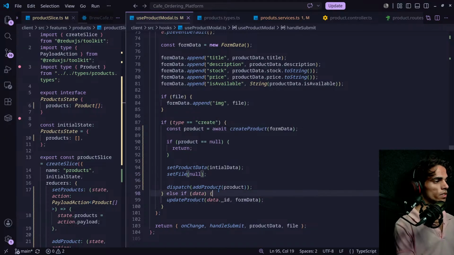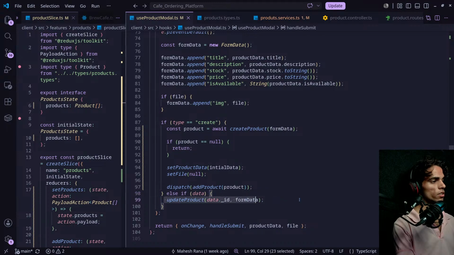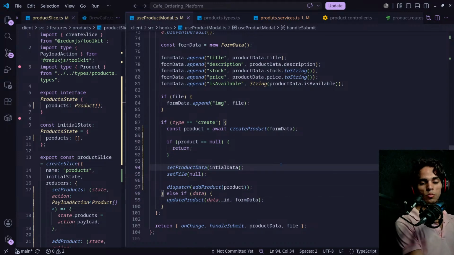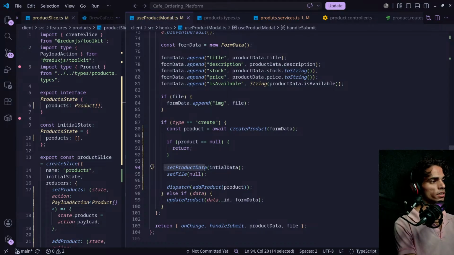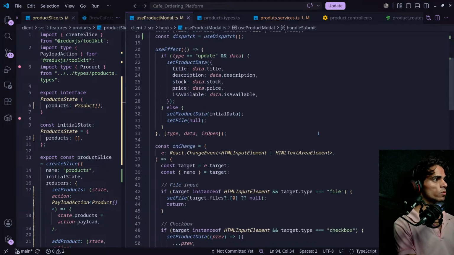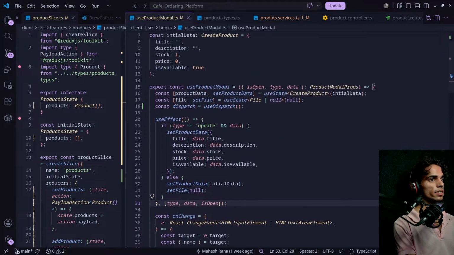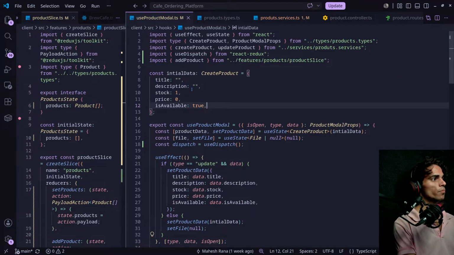Okay, and we'll call this. I think it will work perfectly, else if data update product, otherwise it'll update. Okay, after creating product we can reset the state if we want. Yeah, that's what we are doing here. Here set product data to initial data, okay. So you can see the initial data is empty, as you can see here. Initial data is empty, something like this. Okay,